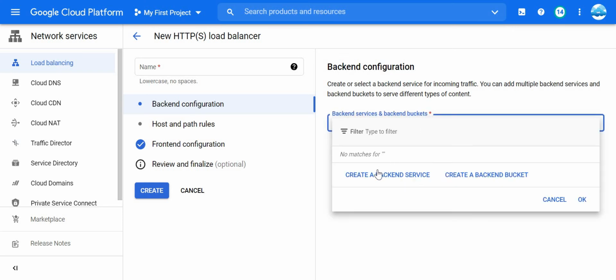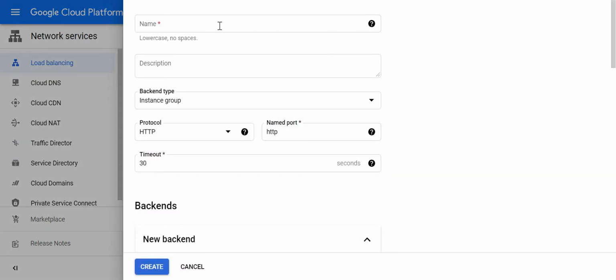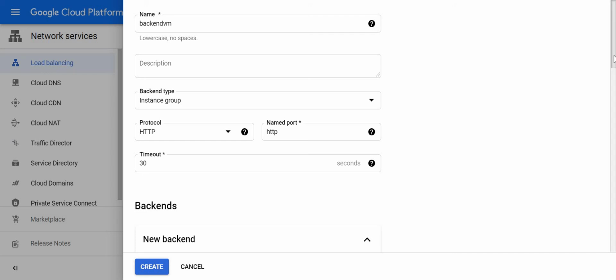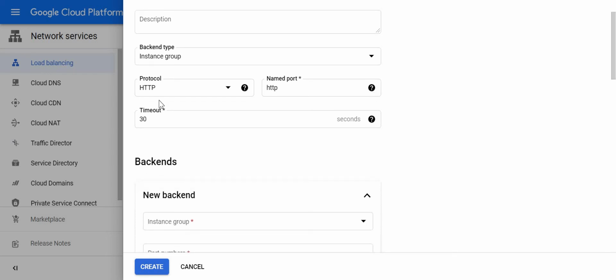So just say create backend service, and you can give any name like backend VMs. Then backend type is instance group. As I said, we have created an instance group, and protocol is HTTP obviously.